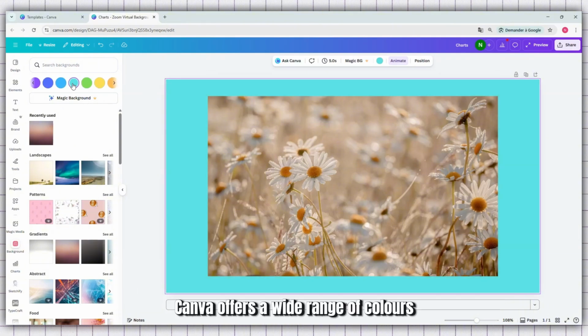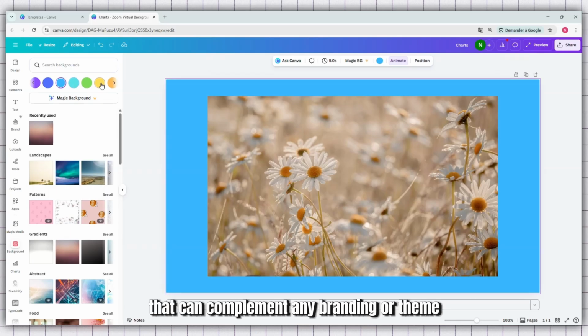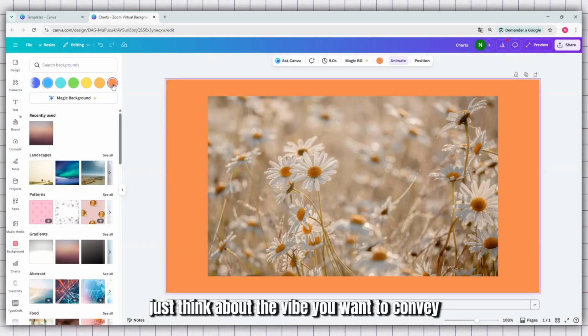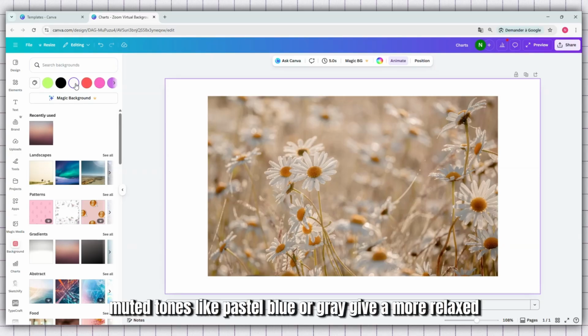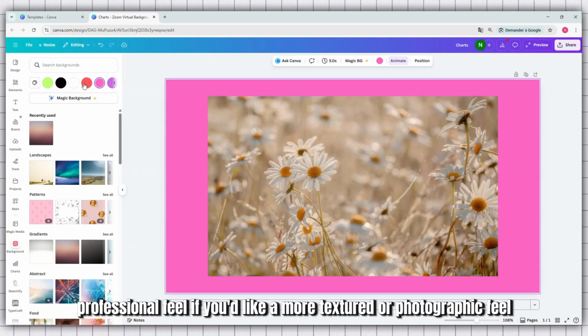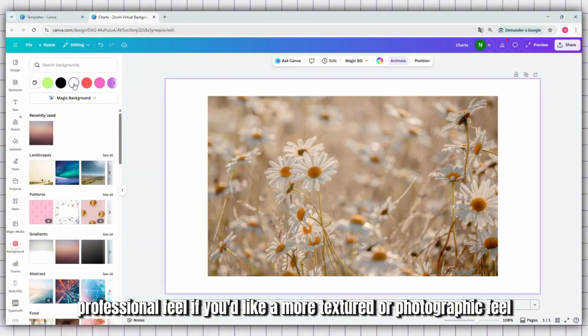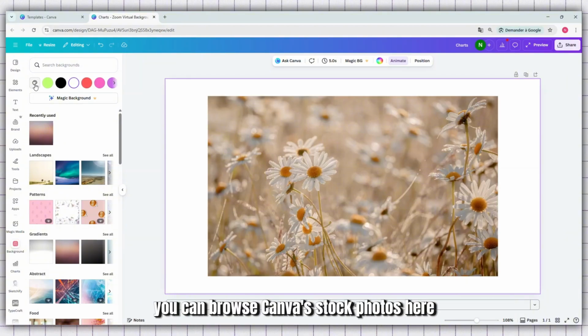Canva offers a wide range of colors that can complement any branding or theme. Just think about the vibe you want to convey. Bright, bold colors like red or yellow grab attention, while more muted tones like pastel blue or gray give a more relaxed, professional feel. If you'd like a more textured or photographic feel, you can browse Canva's stock photos here